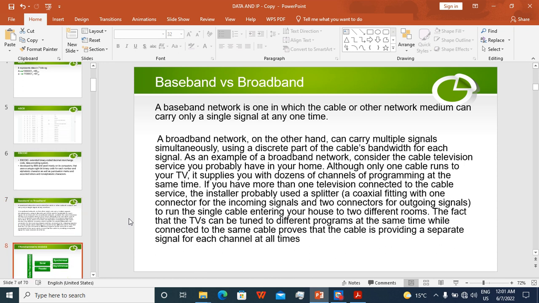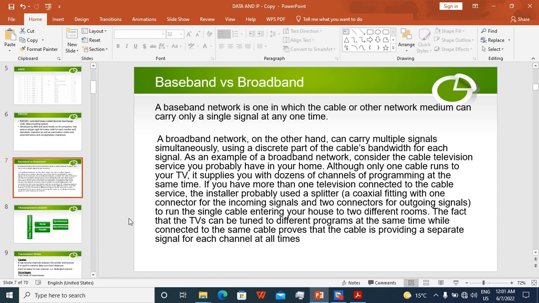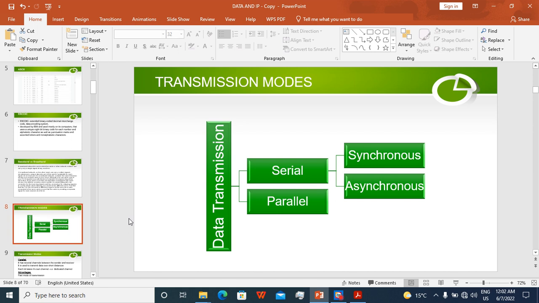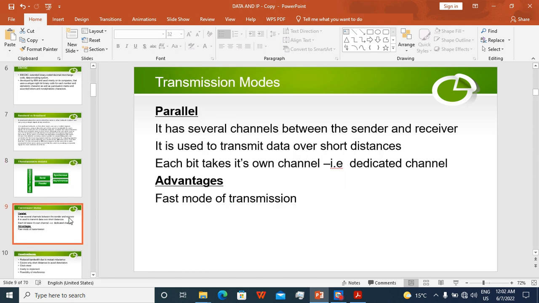Then we have got my transmission modes. These transmission modes, this is how data is being transmitted. So we have the two major types, which is serial and parallel. And as you can see, the serial transmission mode is subcategorized into synchronous and asynchronous. So if we move on from this, we can now see, all right, there's this thing that we call the